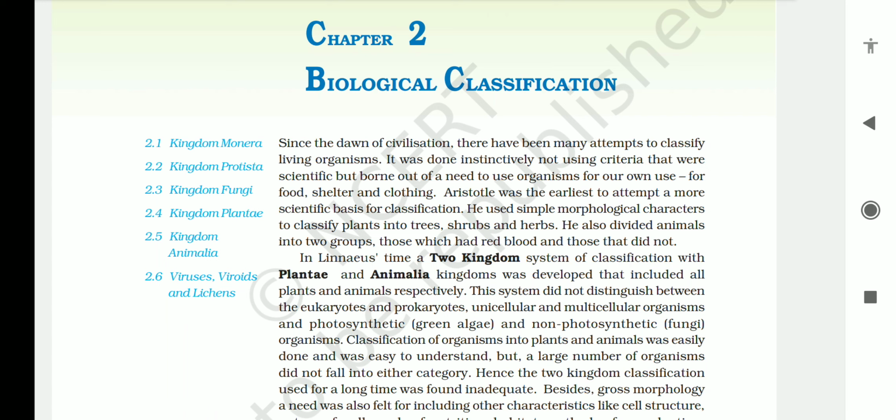Aristotle was the earliest to attempt a more scientific basis for classification. He used simple morphological characters to classify plants into trees, shrubs, and herbs. He also divided animals into two groups, those which had red blood and those that did not. In Linnaeus' time, a two-kingdom system of classification with Plantae and Animalia kingdoms was developed that included all plants and